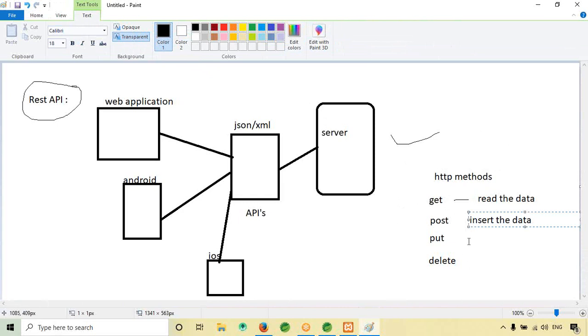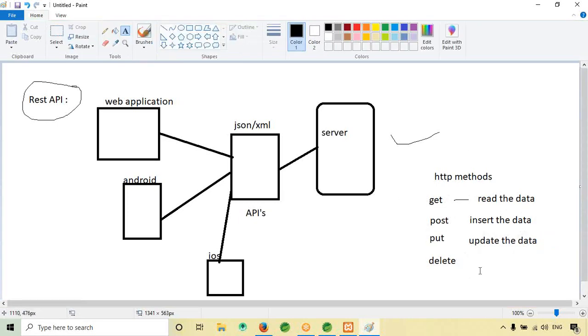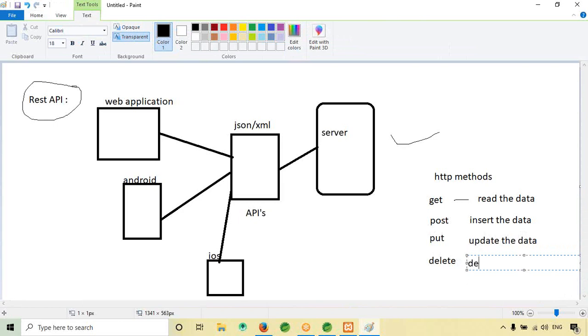Similarly, we have put. Put is used to update the data. Similarly, we have delete here. Delete is used to delete the data.